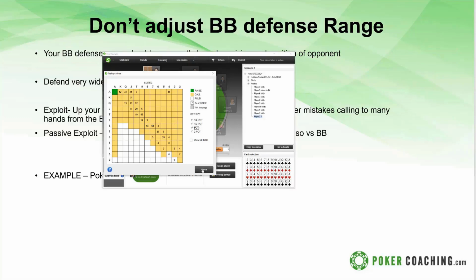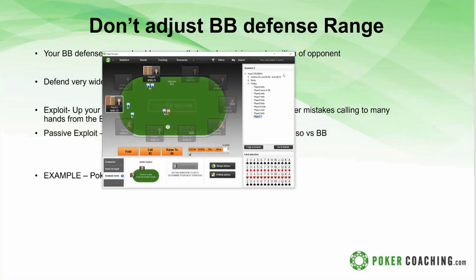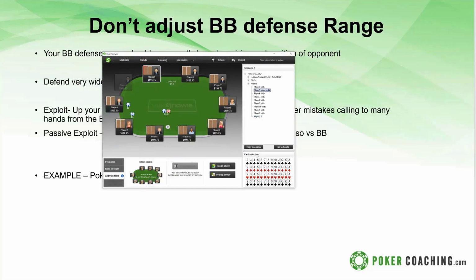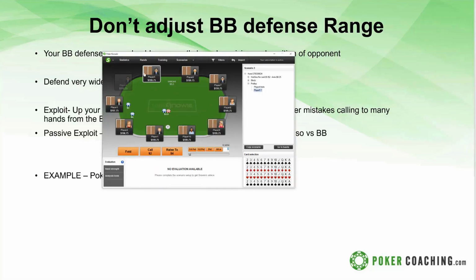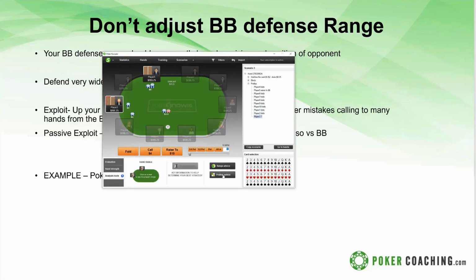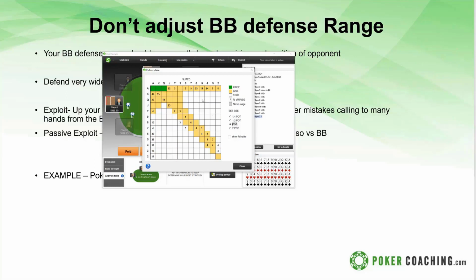Now, what I want to counter that with is we're going to go back, and now we're going to have this player raise to $6 instead of $4. So 3x raised. We're going to go to the big blind here, and we're going to go pre-flop advice. And you saw how wide it was before, and look at how much it's tightened up its range versus the 3x. Now, this is a little tighter than I would expect, but the key things that I agree with are